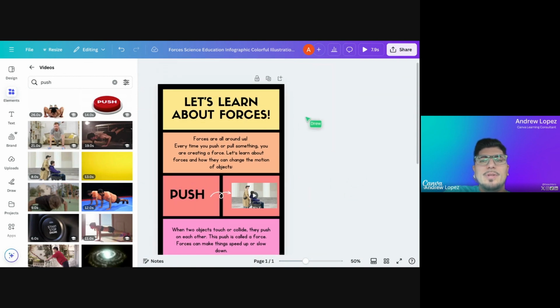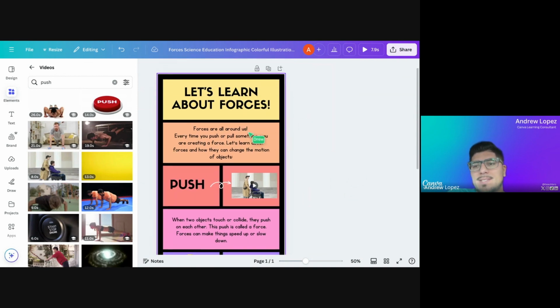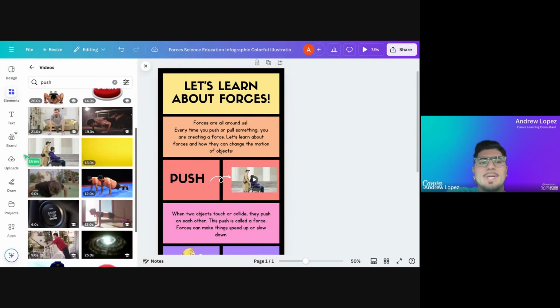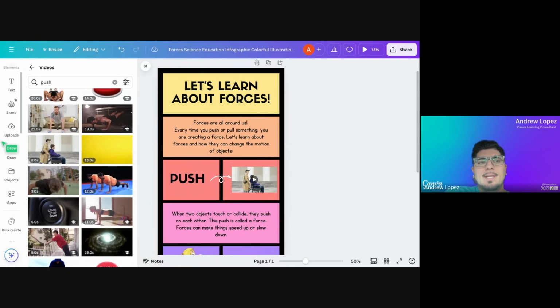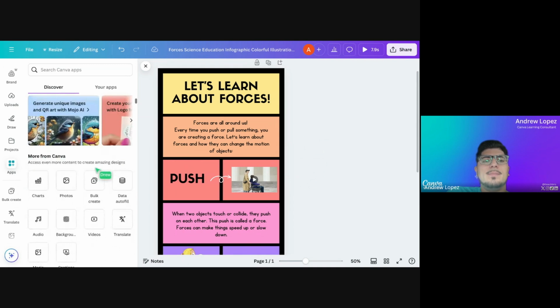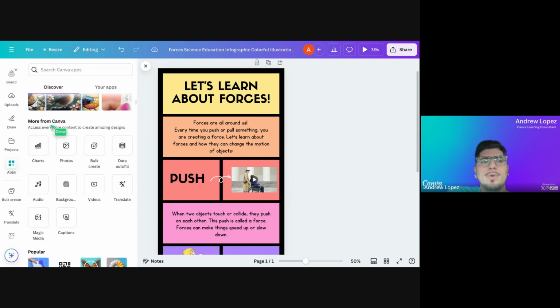I did mention before there's other ways that you can translate where it won't ruin your format here. So I'm going to go ahead and show you that really quickly. On the left side here, if you scroll down to where it says apps, you'll notice there are tons of apps, and there's more apps from Canva. In that section there is a translate button. So if you click on translate here,